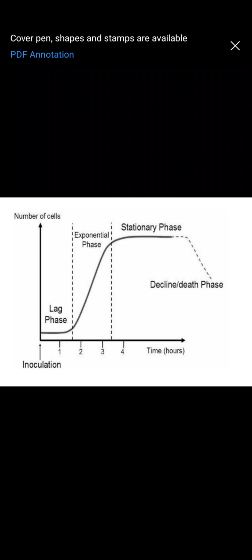The second reason is, when we are transferring the organism with the inoculation loop, there are chances that there could be damage done to the cell wall or the cell membrane. So the cell is repairing itself. Repairing the organism is taking some time. So again, there is no increase in cells.